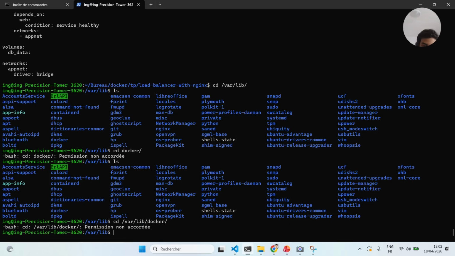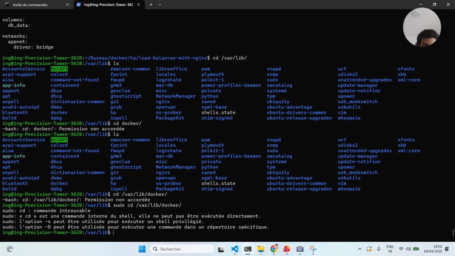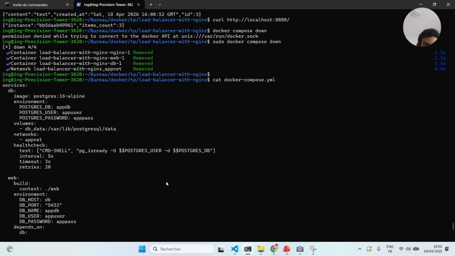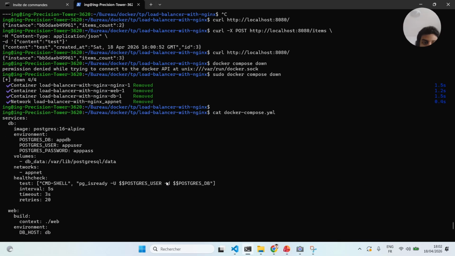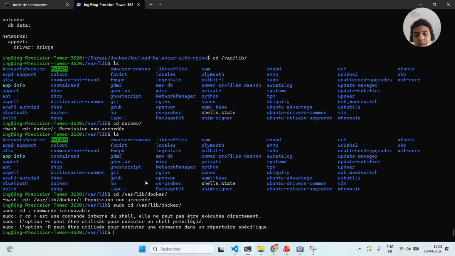Permission not accorded. So I need sudo another time. I can't go to Docker to see my data. But yes, all your data is still stored in Docker, and of course you can always get it.